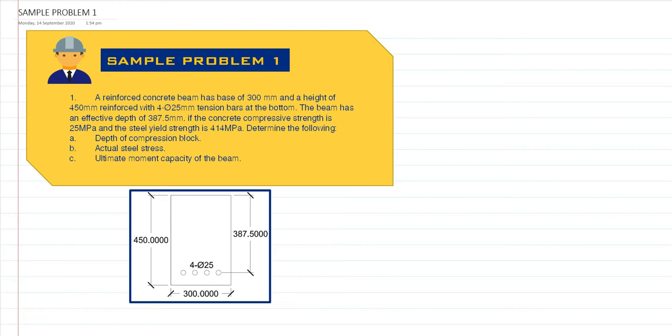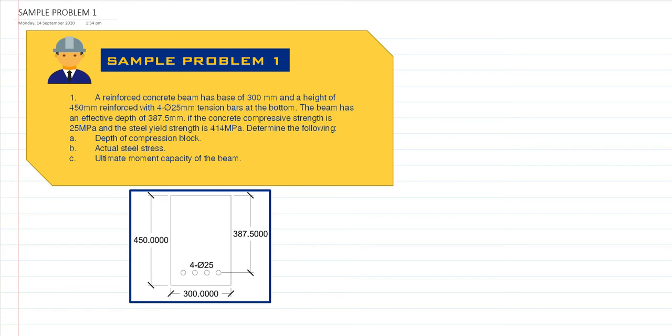So sabi dito sa sample problem 1, a reinforced concrete beam has a base of 300 mm and a height of 450 mm, reinforced with 4 diameter 25 mm tension bars at the bottom. The beam has an effective depth of 387.5 mm. If the concrete compressive strength is 25 megapascals and the steel yield strength is 414 megapascals, determine the following. A, the depth of the compression block, B, the actual steel stress, and C, the ultimate moment capacity of